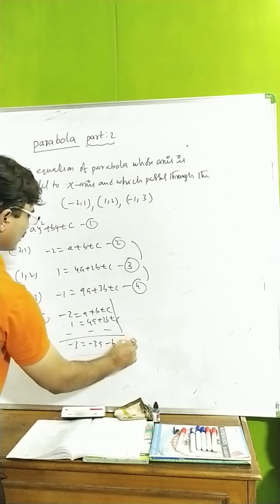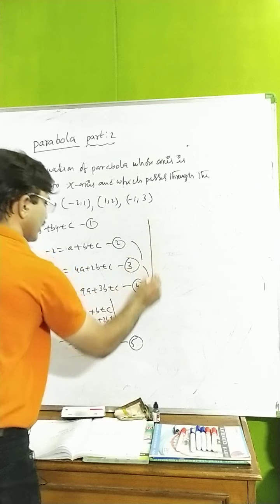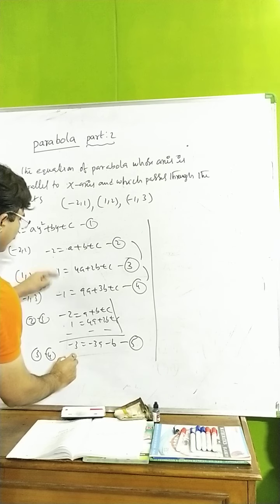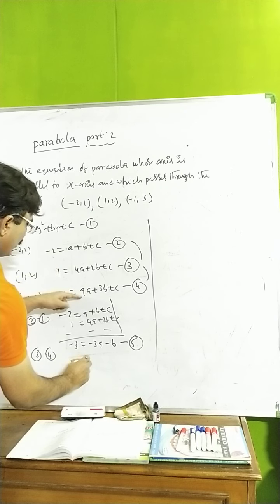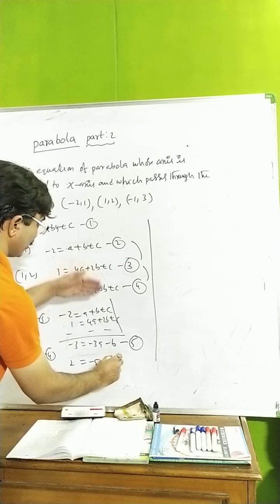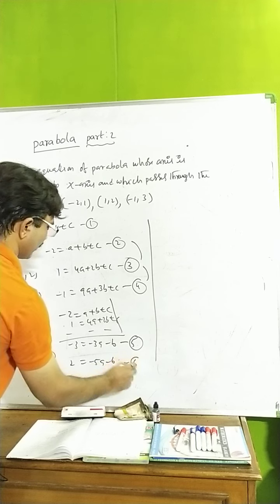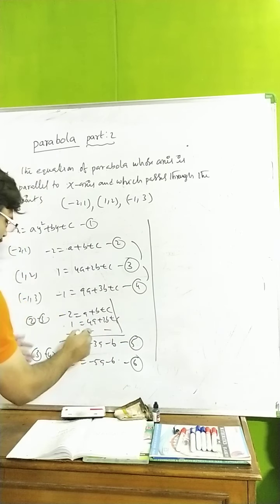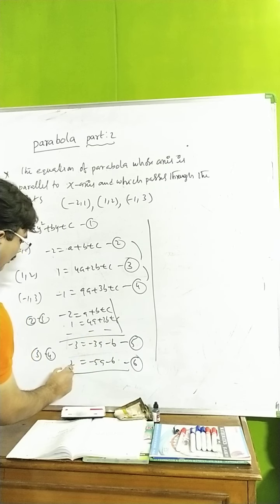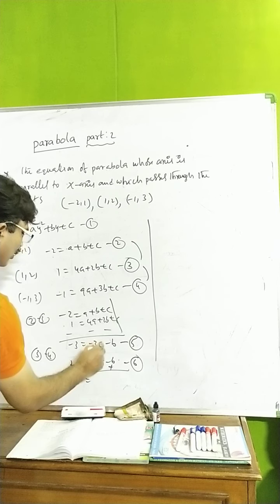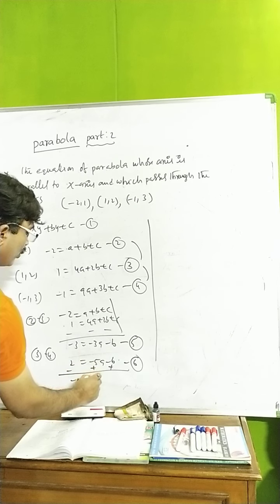One more equation, this is the fifth one. In the same way I want to go for another one. 3 minus 4 this time. If you subtract here, 2 is equal to minus 5a, minus b, and c is gone. This is the sixth equation we will get. From these two, if you subtract once again, b is gone. Here minus 5 is equal to 2a you are getting.